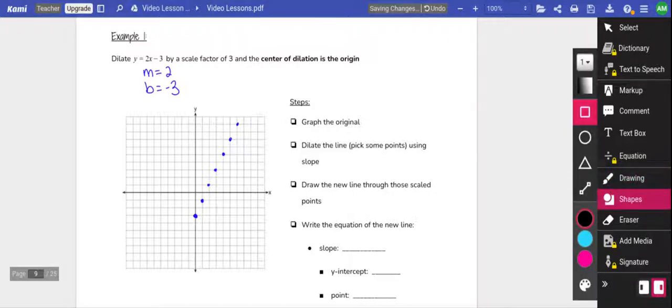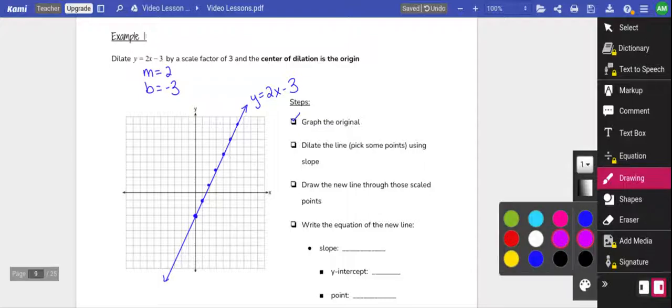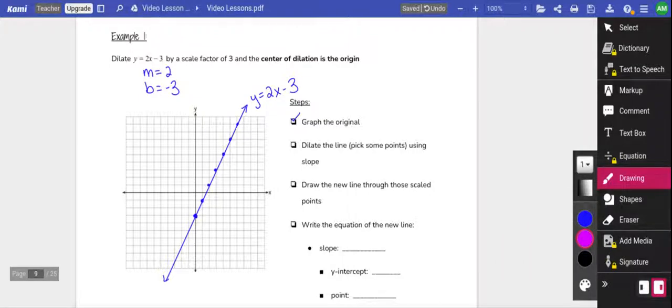up my graph. I'm going to connect those points with a straight line, and that is my original line. I'm going to label it y equals 2x minus 3. Now I'm going to dilate the line, by picking some points, and I'm